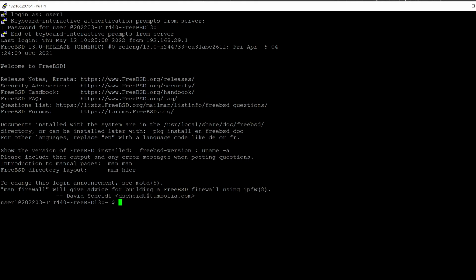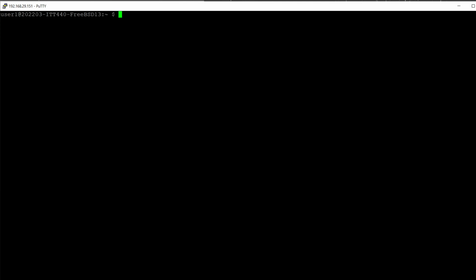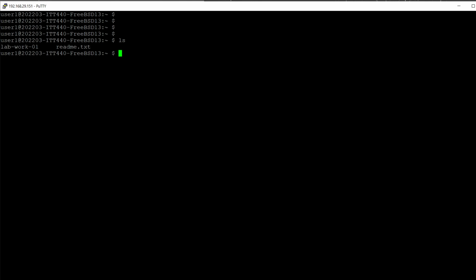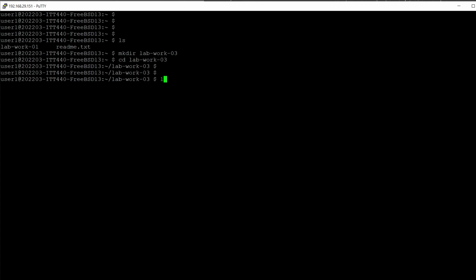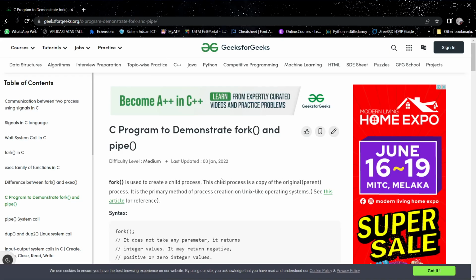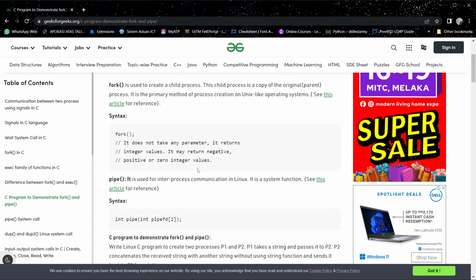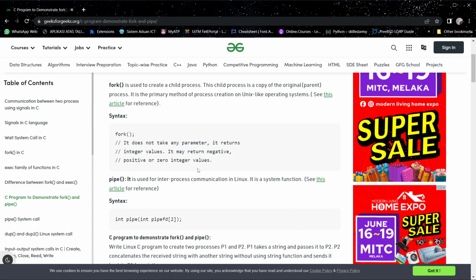Alright. So clear. ls, lab work 1, so mkdir lab work 3, cd lab work 3. We are following GeeksforGeeks. Here is the program